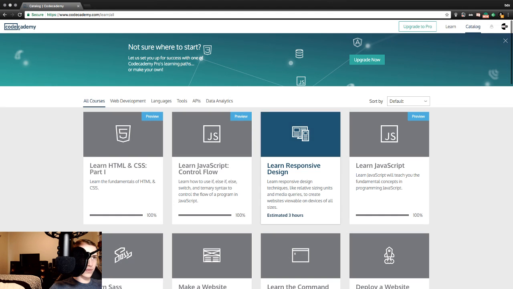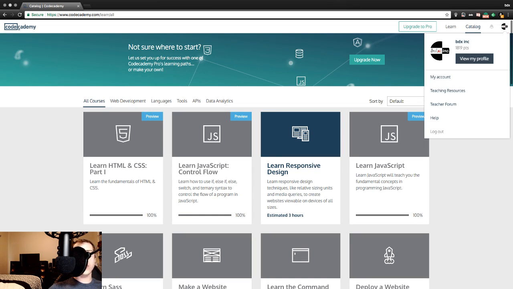So, tons of fun. Let's see where we stand stat-wise as we conclude day 157. Tomorrow, day 158, we will be tackling Learn Responsive Design, techniques like relative sizing units and media queries to create websites viewable on devices of all sizes. Sure, good. In the meantime, closing stats. We're concluding day 157, 100% of the way through, completed Learn JavaScript: Control Flow, and we've got 1,819 points to our name with